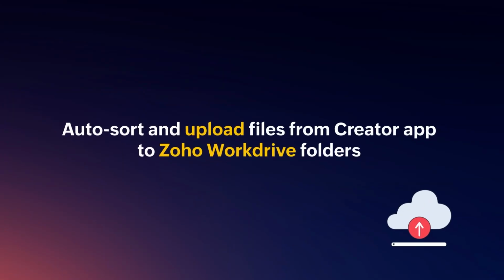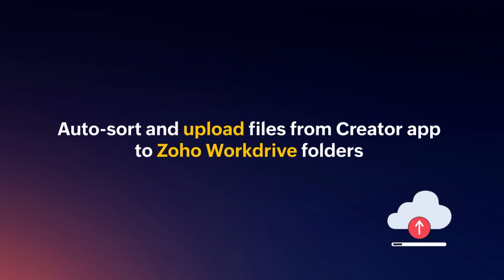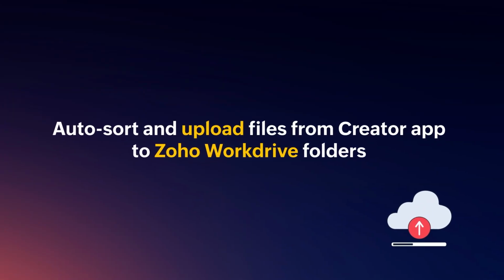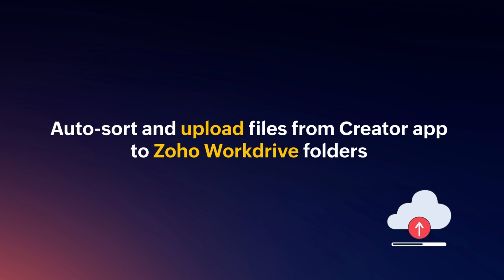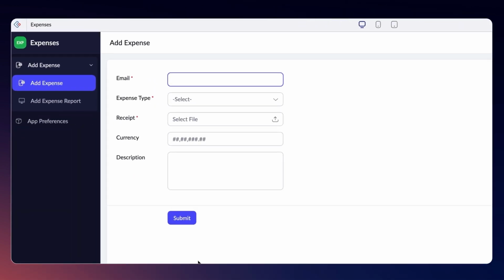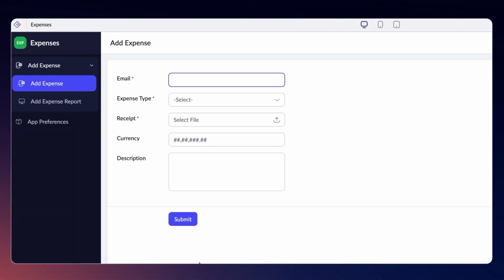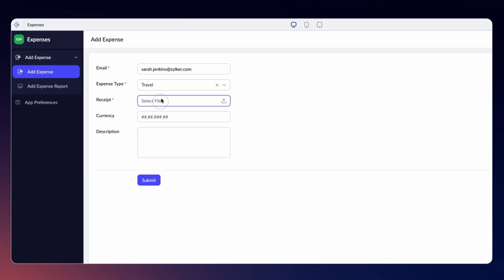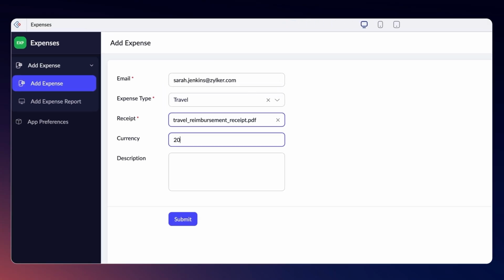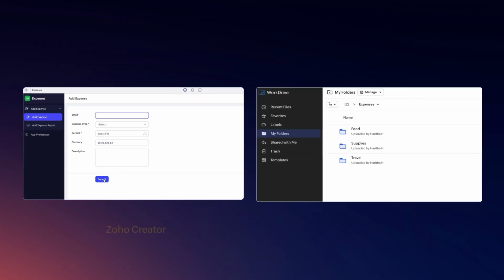Hello there! In this video, we'll learn how to sort and upload files from your Creator app to Zoho WorkDrive folders. Imagine you run a small business where employee reimbursements are managed through a Zoho Creator app. When an employee submits their claim, the receipt is automatically renamed using their email ID and uploaded directly to your company's Zoho WorkDrive subfolders based on